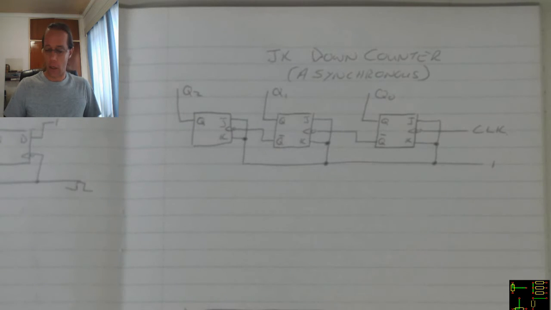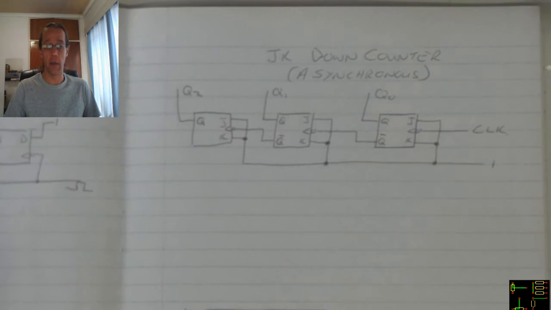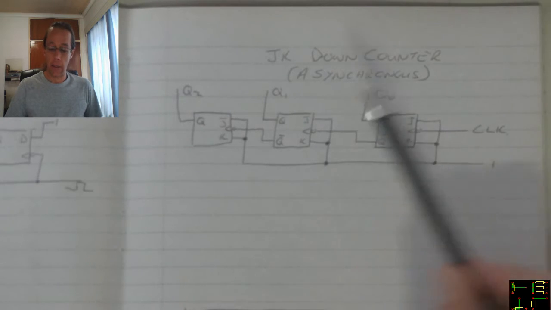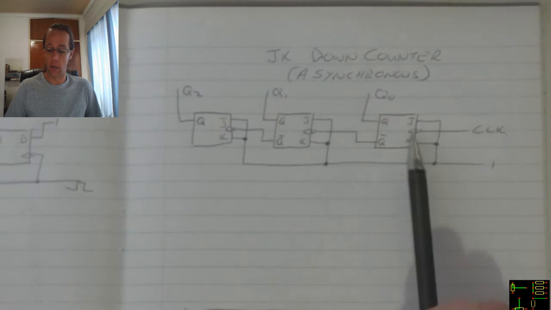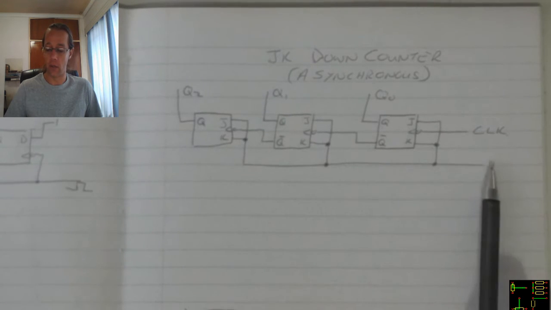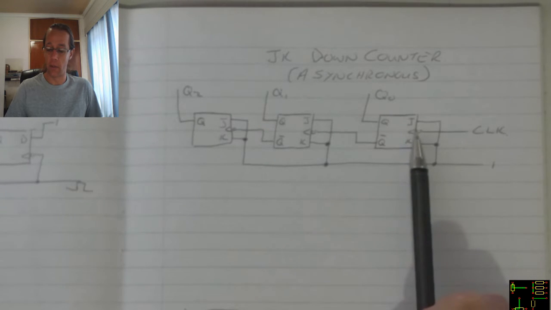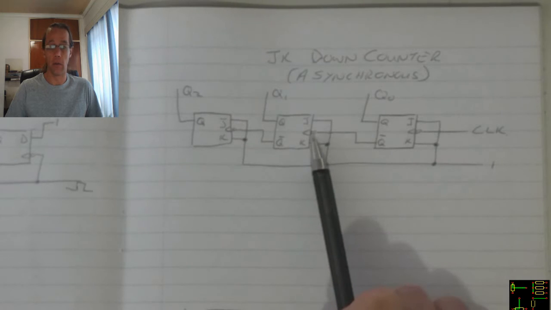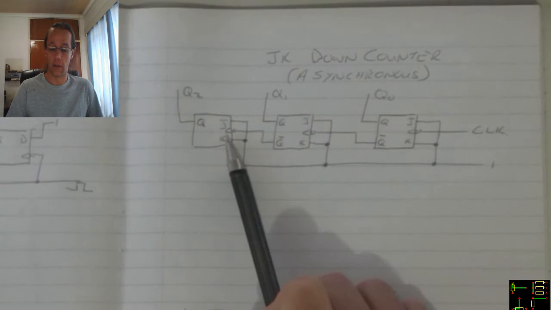Down counters. Now as up counters count from 0 upwards, the down counter starts at high values, and then instead of adding 1, they keep subtracting 1 with every clock pulse that they receive. Now the JK down counter, as an asynchronous, we can see that the J and the K's are all connected to a high value, and then we've got the clock going into our first flip-flop. The NOT Q feeds into the second clock, and the second one's NOT Q feeds into the third